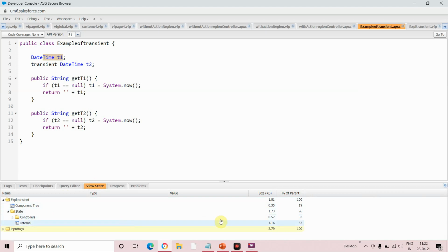For the controller, 5.57 was occupied, for internal. One second. It will show the value of the variable.